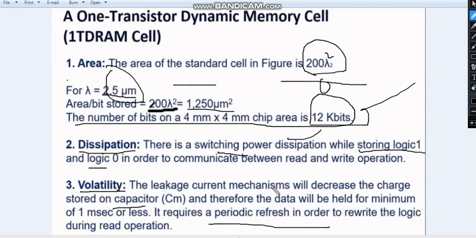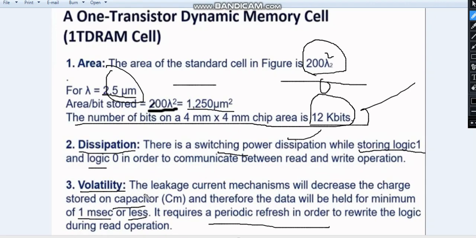Then comes the volatility here. The leakage current mechanism will decrease the charge stored on the capacitance CM, therefore the data will be held for a maximum of hardly 1 microsecond or less. Also it requires a periodic refresh in order to rewrite the logic during the read operation.